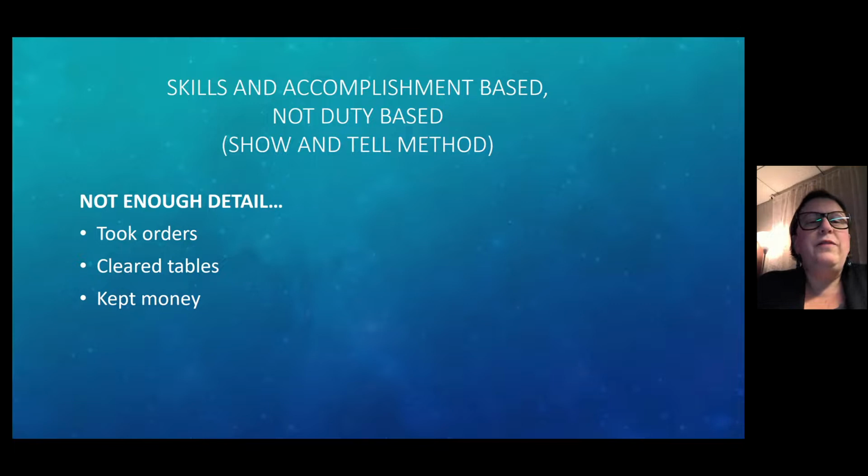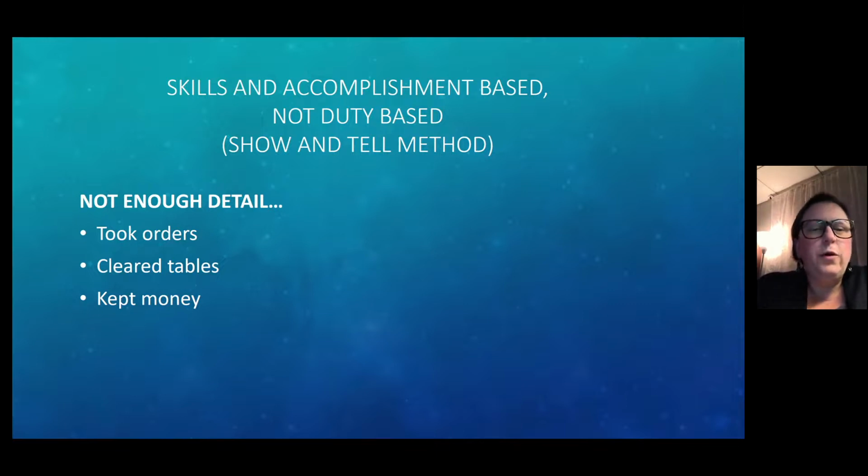Okay, so here's a little bit of an example of bullet points that have been written, and they're not bad bullet points, but there's definitely not enough detail, because anyone who, let's say in this example, has worked in a restaurant setting, more than likely has done one or most of these things. So you want to add a little bit more detail just to give employers an idea of the extent of your experience at that particular job, even if it's not related to your major. Because again, the positions that are not related to your major are just as important, because they teach you those life skills, customer service, being somewhere on time, if you had to wear a uniform, that type of thing.